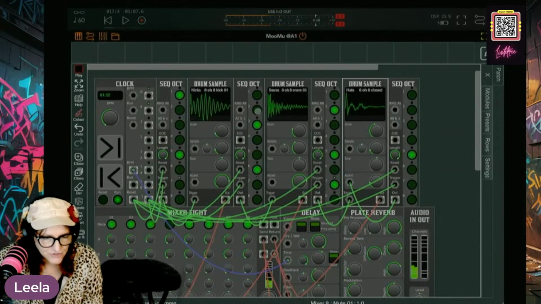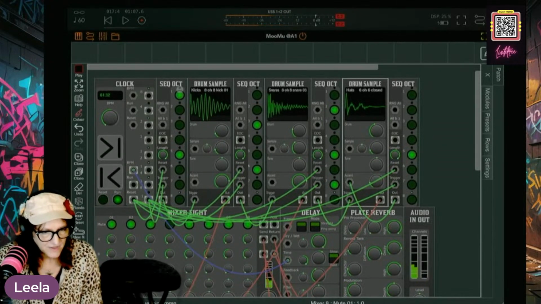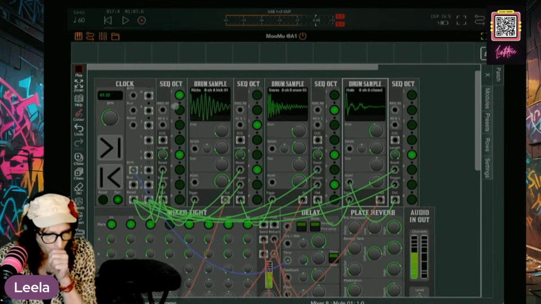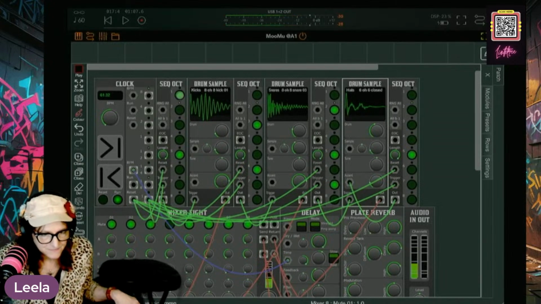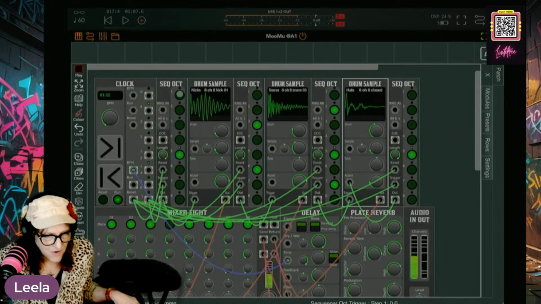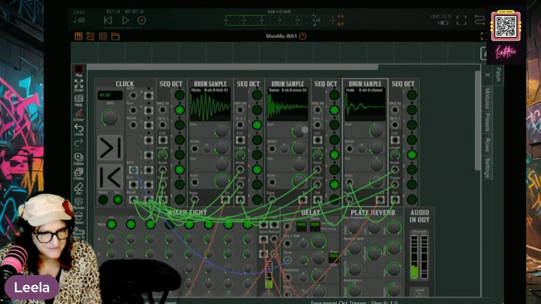And then here's your sequences. There's just 8 steps. Now there's a kick on 1 and 5. Now let's have it on 2 and 6.